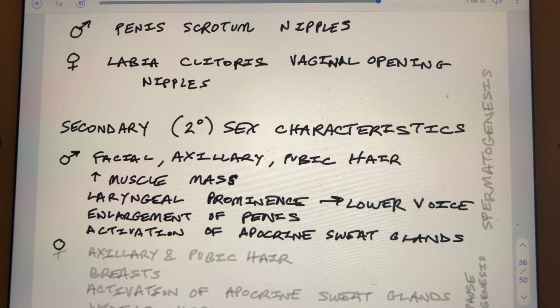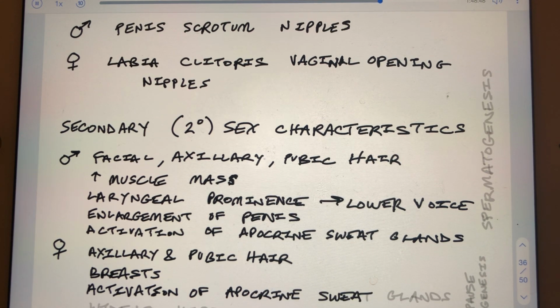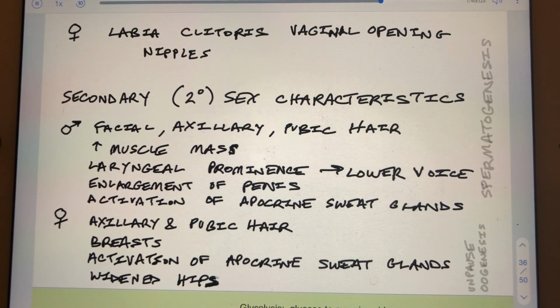Okay. Female secondary sex characteristics: development of axillary and pubic hair, breast development, activation of apocrine sweat glands, widened hips. Now, another topic that we can go off on a huge tangent on,